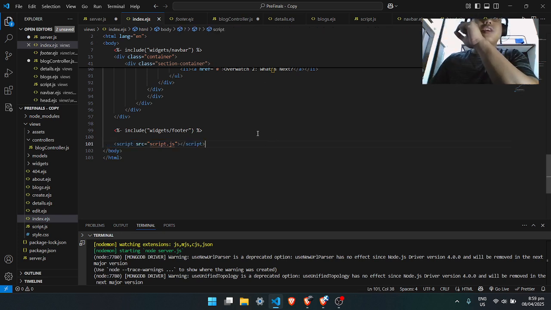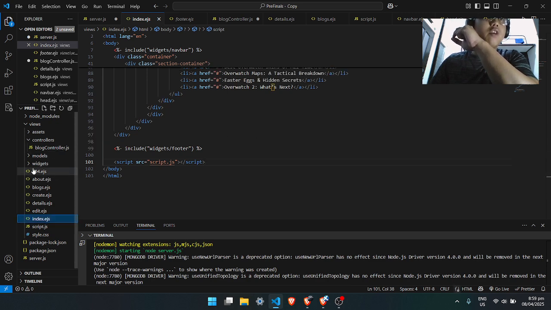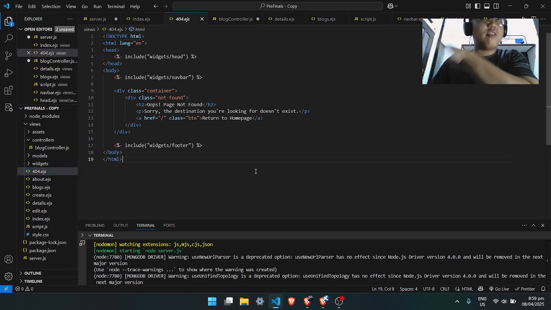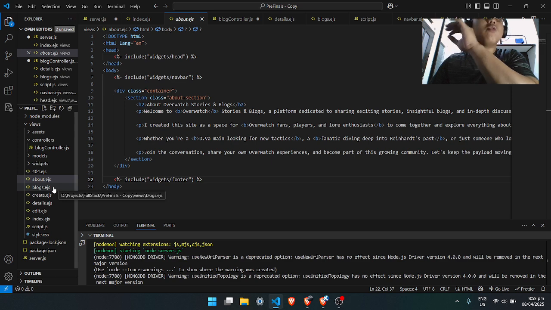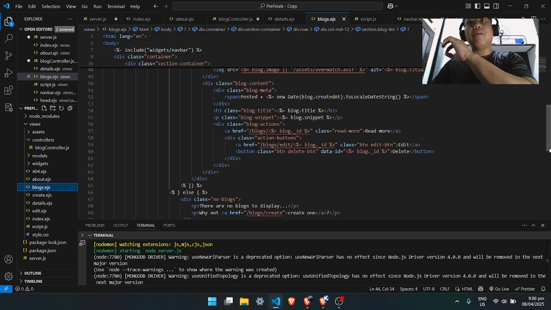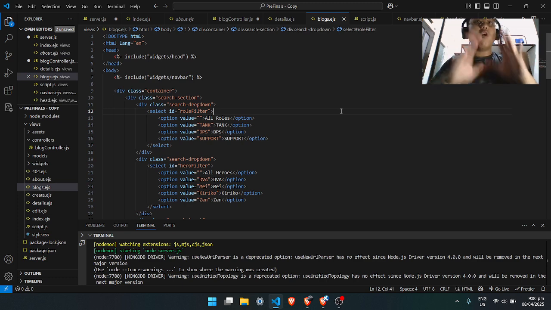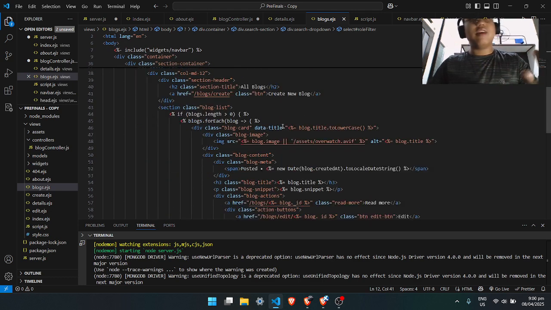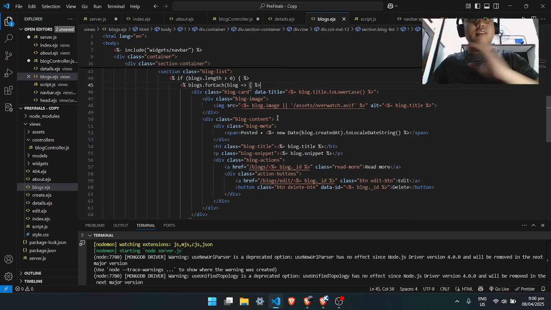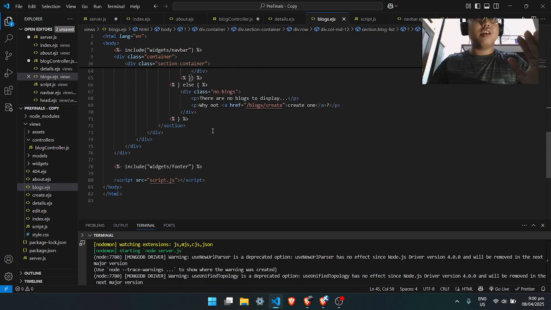Next, let's go to my 404 page. Very simple error page. That's it. For my about page, just a simple about page. Nothing. And now let's go to my blog.ejs. My blog.ejs is where you see all of the blogs of my web page. These are just my standard features, but it's very similar to my index. It just prints out all of the blogs inside of my website. Very simple, and then includes.